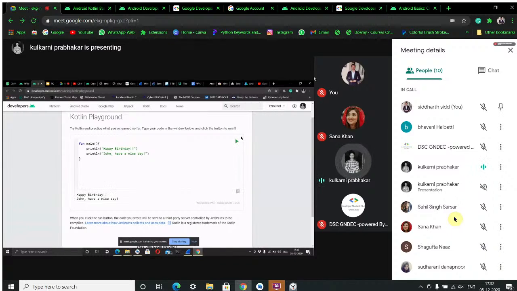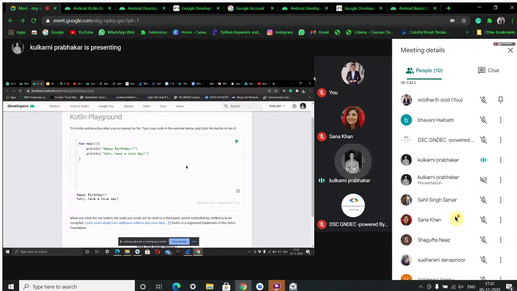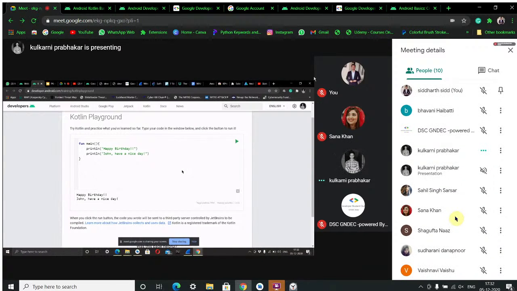A compiler is something which converts this English-level language, which is understandable by humans. The computer doesn't understand English. So we are going to compile. We are going to convert this English-level language into a machine-level language. Machine in the sense of something understandable by a computer or an electronic device, which is something like